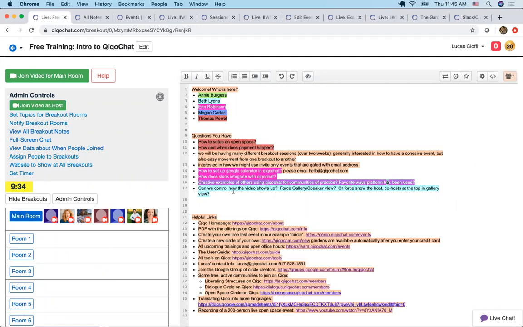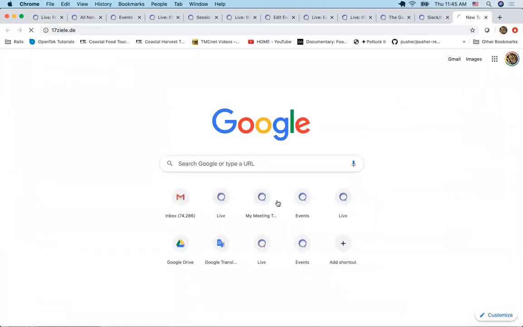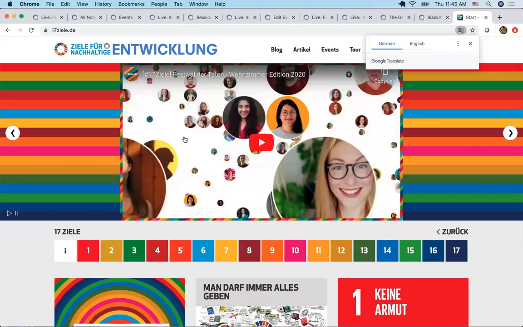Favorite ways the platform has been used. So here's a really fun event that just happened this weekend. I'll share this link. It's in German, and